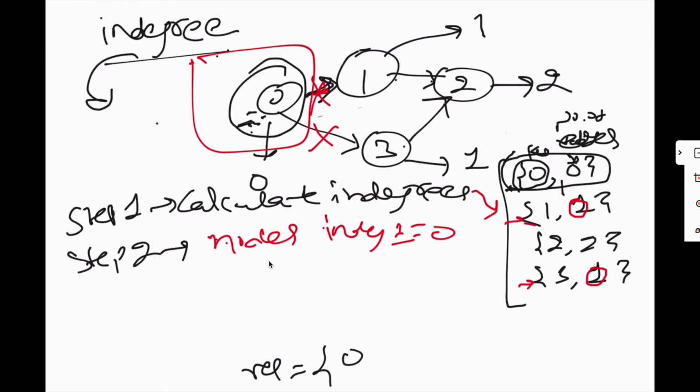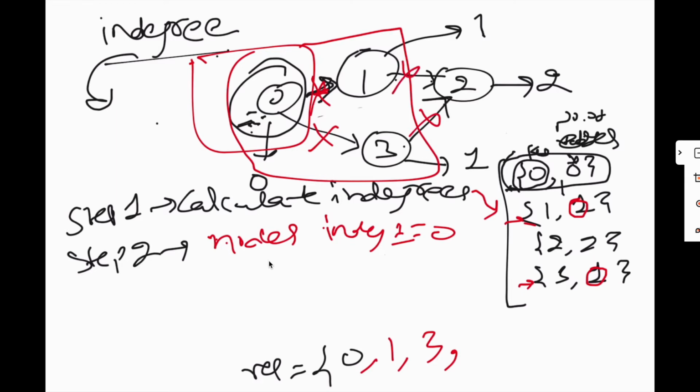We can put any of these in order, so either 1 3 or 3 1, it does not matter. Once it is done, again we'll remove these 2 nodes from the graph. So now these will be removed, even this edge will be removed, this edge will be removed, and for 2 we have removed 2 edges, so we'll decrease 2, so it will become 0, and these are already done. And again when we traverse this indegree and find the nodes which have indegree 0, we'll find 2, we'll put it in the answer, again we'll delete this one, and now the graph is done.